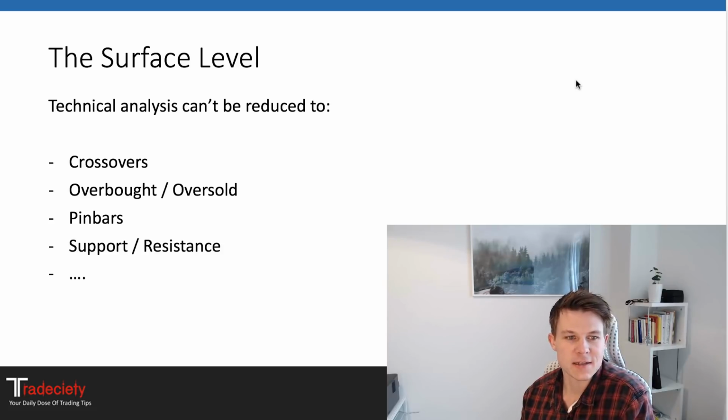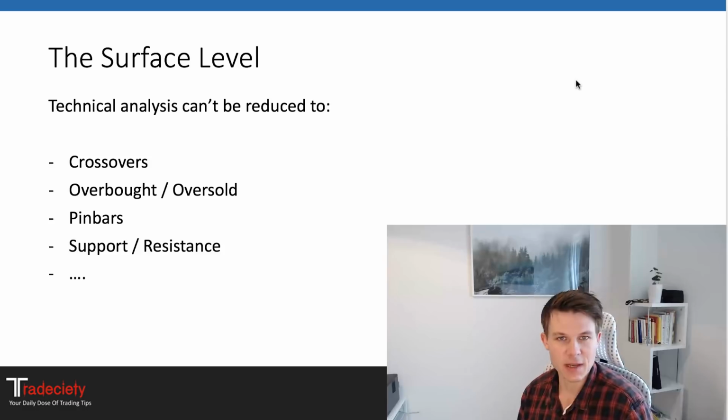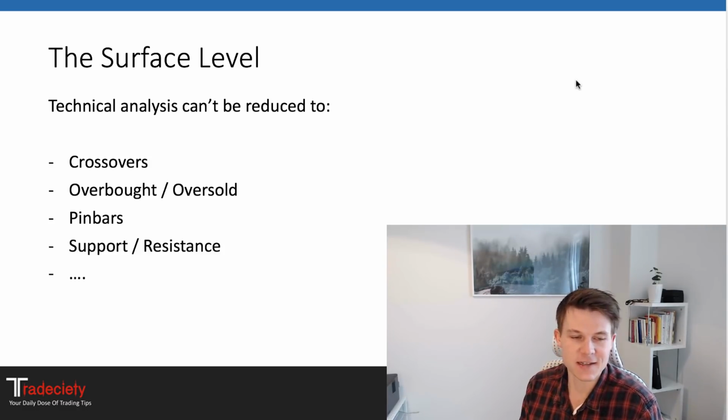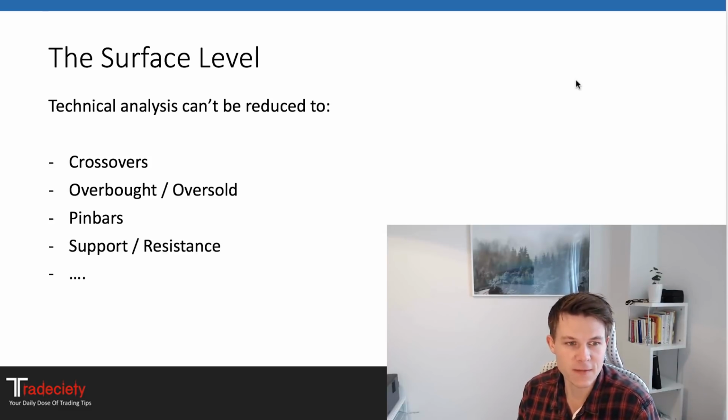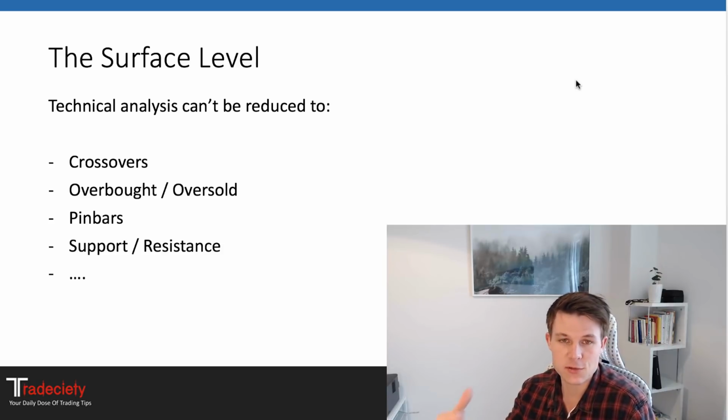I don't know why it is established for so long. Traders don't really understand it, and it just shows that many people have a wrong understanding. They just try to make it too easy. They try to look for the quick thing. Just like when it comes to dieting or getting in shape, everybody likes the five-minute app, or the electric shock therapy, where you just put some stickers on your stomach and then the next day you wake up with a six-pack. Obviously, that's not how it works, and it's the same thinking that many people try to apply to trading. Technical analysis and trading cannot be reduced to such a surface level.